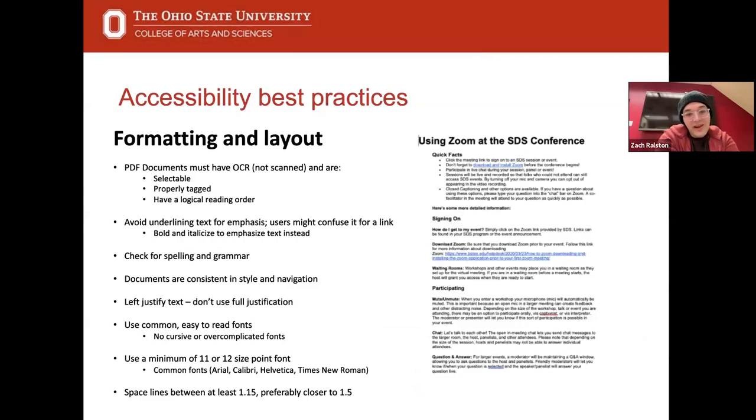So formatting and layout. This is a big thing, and it ties into a lot of what I've already discussed regarding lists, images, alignment, things like that. If you have something like a PDF document, right? They must be OCR, which members of my team can describe a little bit more in detail during the Q&A. Basically, it's just making sure that that text is readable either by being scanned or by some other means. And the text has to be selectable, it has to be properly tagged, and it has to have a logical